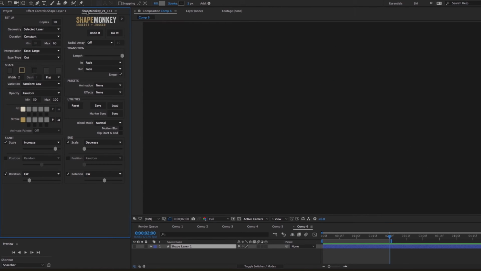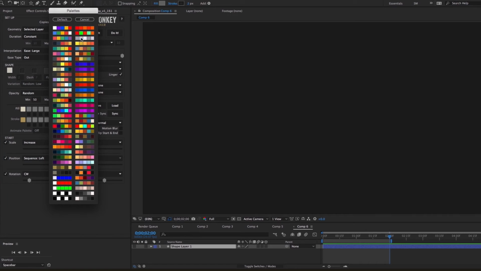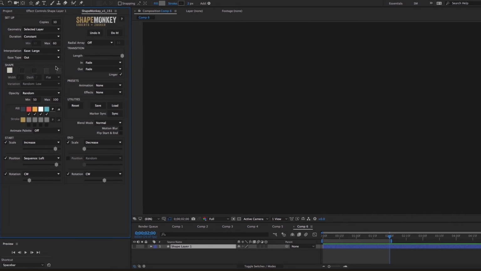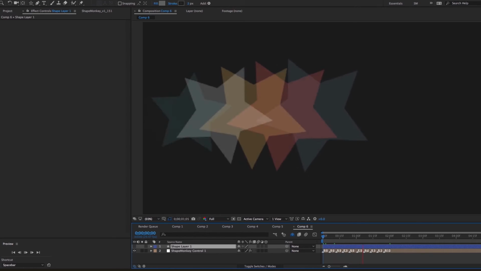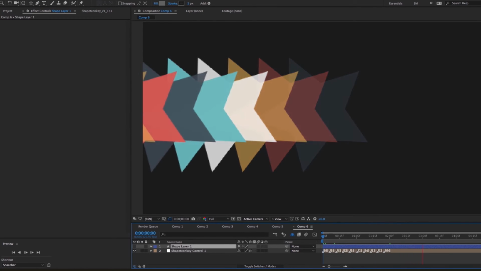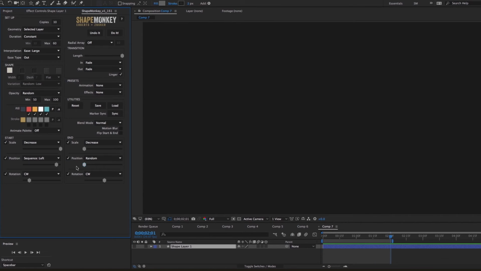Now we'll undo that, and this time start position to sequence left and leave end position off. Change the fill, maybe change the start scale to decrease with an extreme slider. Build that. You can get the idea how quickly you can start bouncing around and creating really quick animations very easily. And when you have something you like, you might want to then add some copies, play with the timing,